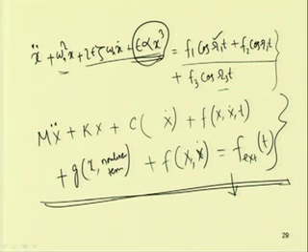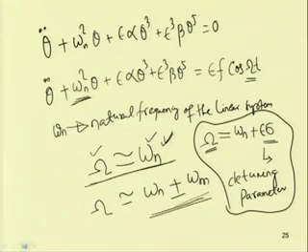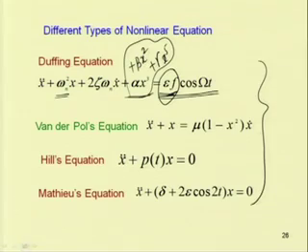Instead of using this Duffing equation, there are some more types of equations which we have also considered. This is the Van der Pol type of equation, x double dot plus x equal to mu into 1 minus x square into x dot. One can use a combination of this Duffing equation and Van der Pol equation.